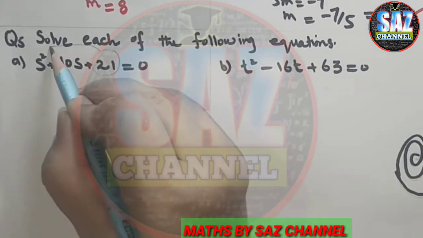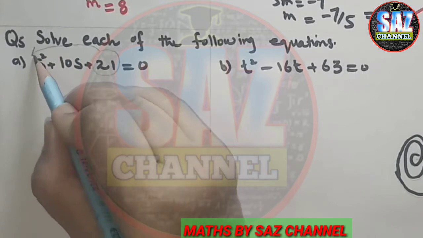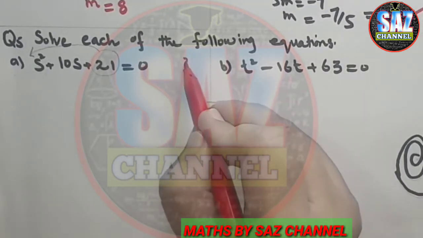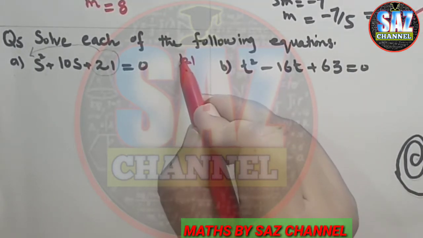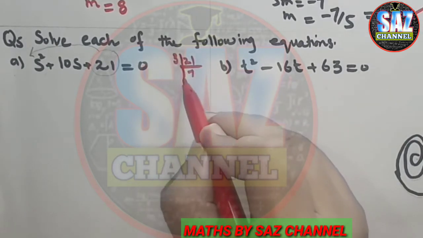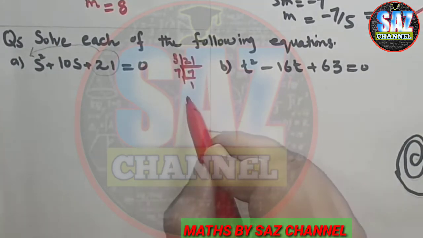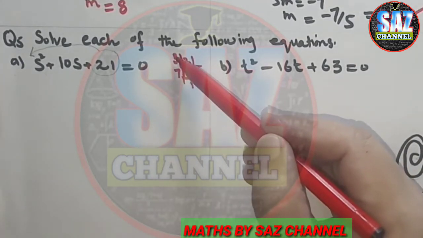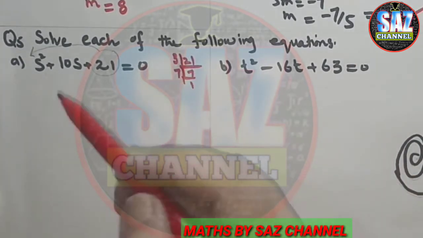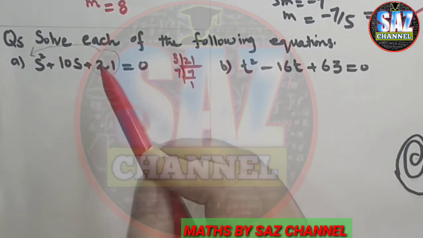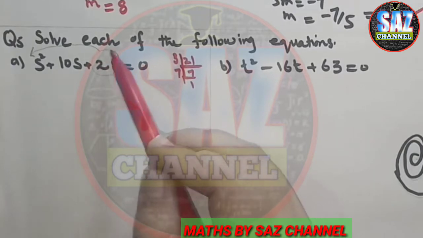What I have to do, I have to multiply this constant with the coefficient of the term having power 2, and the product comes 21. Now what I have to do with this product, I have to quickly make the prime factors of this product: 3 sevens are 21 and 7 ones are 7. And if you recall the method, you have to set the factors in such a way that when you add or subtract these factors, you get the middle term, which is 10. And when you multiply these two factors, you can get the product term.